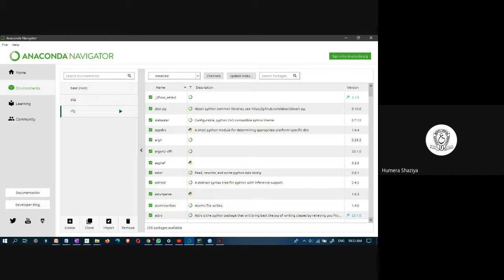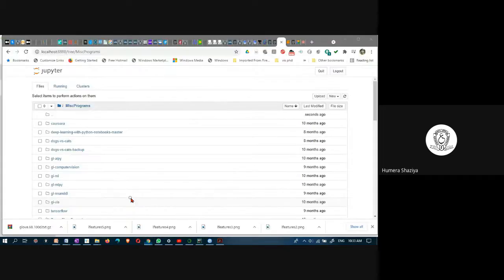When you open this with Jupyter Notebook, in the browser, this page will be opened. This is the home page of Jupyter. Here you can create a new Python 3 file, or you can create a new Jupyter file.